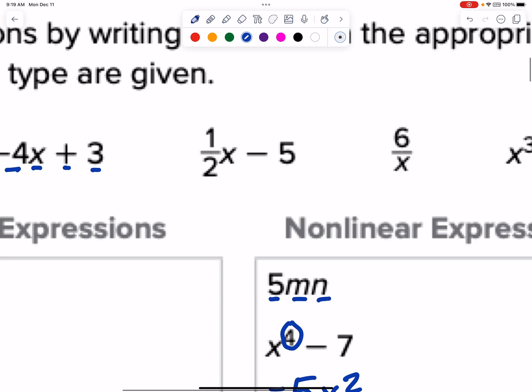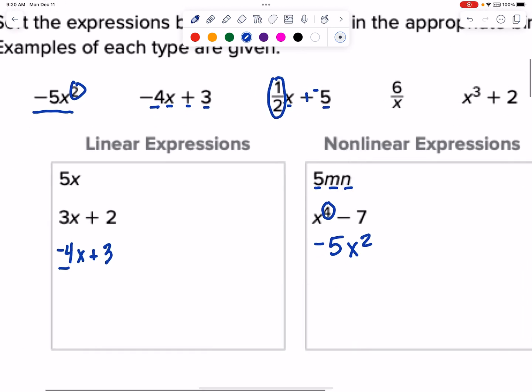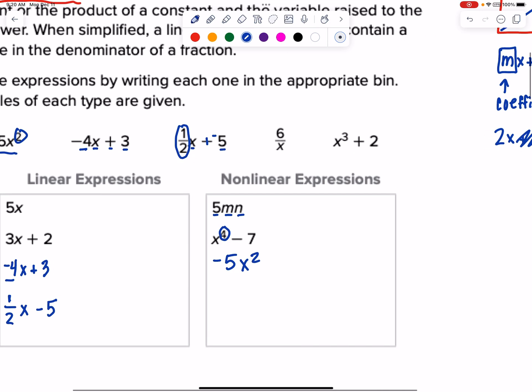Do we have a number times x plus a number? Well, we do, because of KFC, right? So we have 1/2 x plus a negative 5, but we can just write minus 5. That's the more proper way. All right, we have a division problem. That definitely doesn't fit a number times x